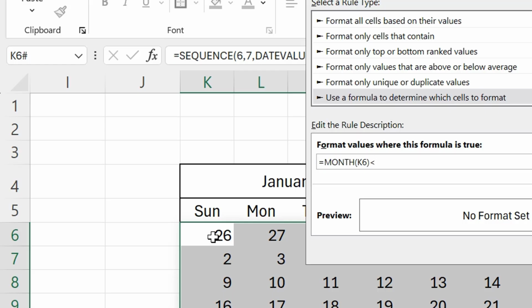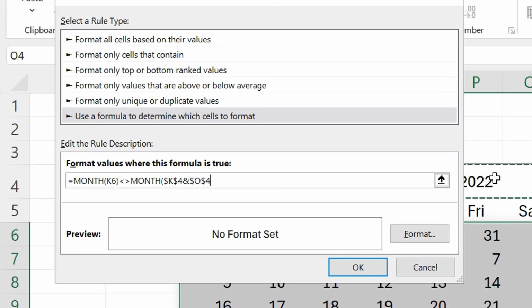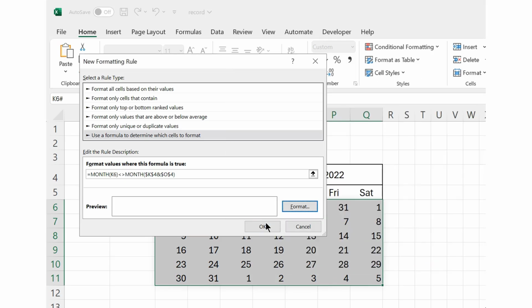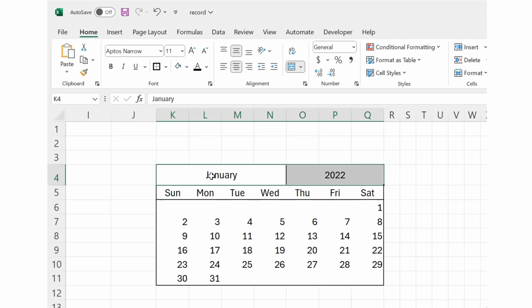We close this, less than or greater than, and then again MONTH. We'll write this and this, parenthesis closed, format automatic to white. We'll make the cells white and click OK. So you can see that the dates which are less than or greater than this month and this year are